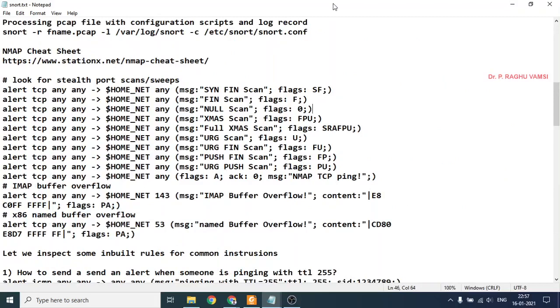What are the options available in this, such as rule header, rule body, and what are the parameters that we'll use in the rule body. So we'll see these details in the next lecture, so that we'll be familiar with the rule writing. Then we'll write some rules for some